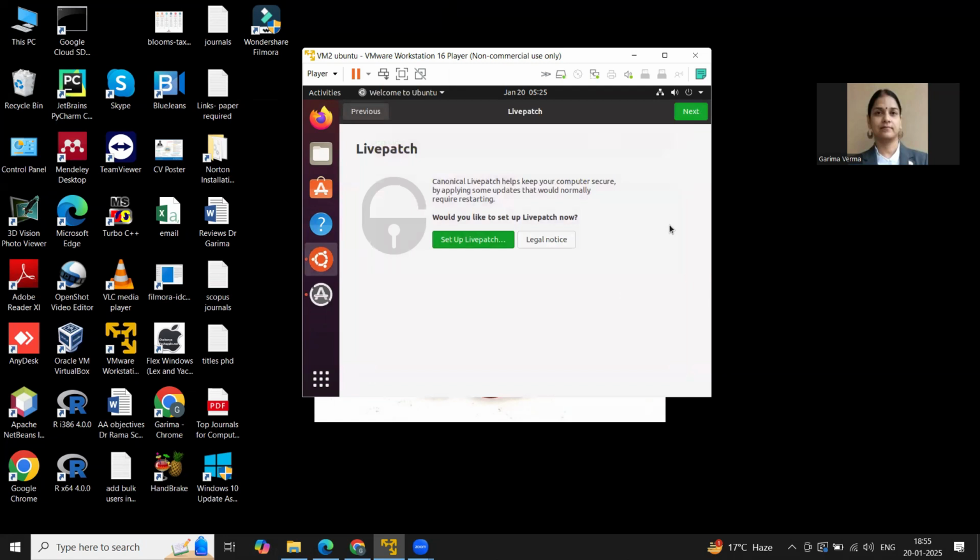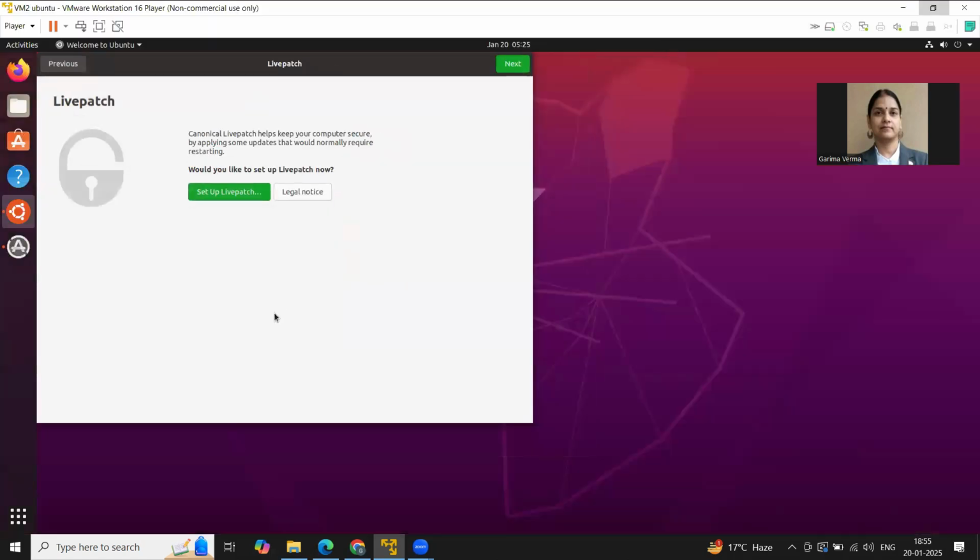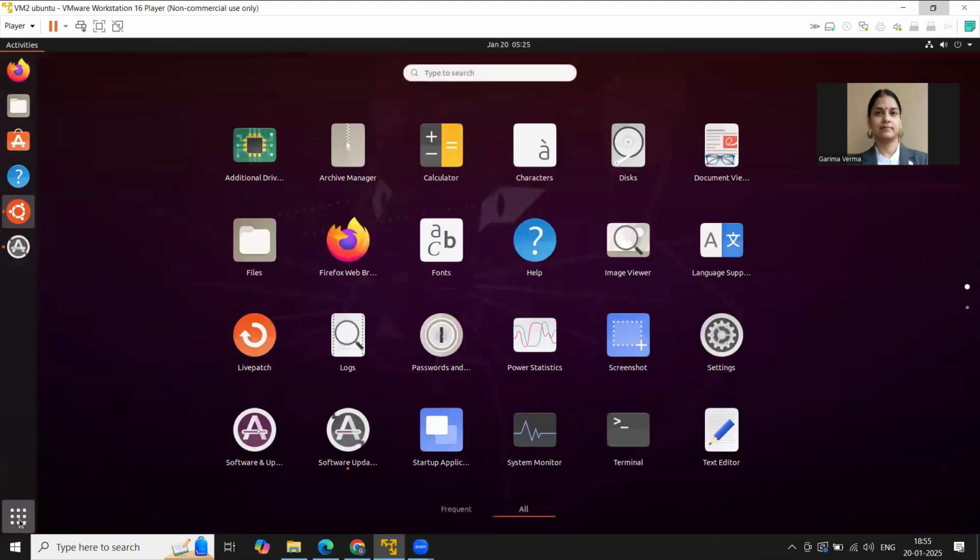So now you need to work with the terminal. How will you open the terminal? After opening the software, let me maximize it. You will have these small dots. You'll click on this, and then here you can type terminal.